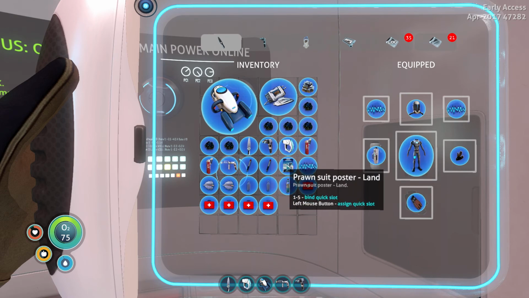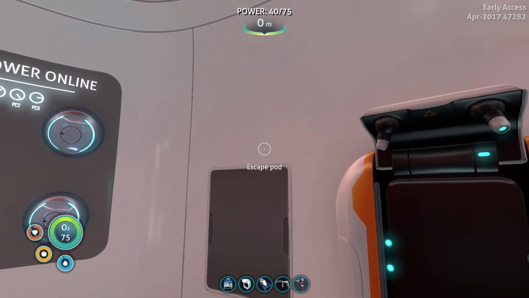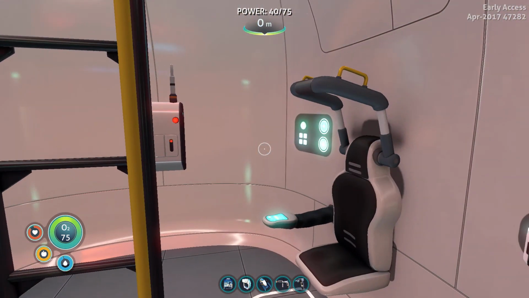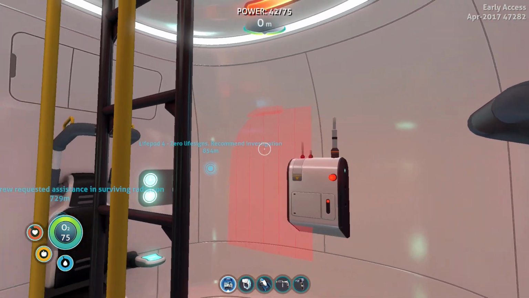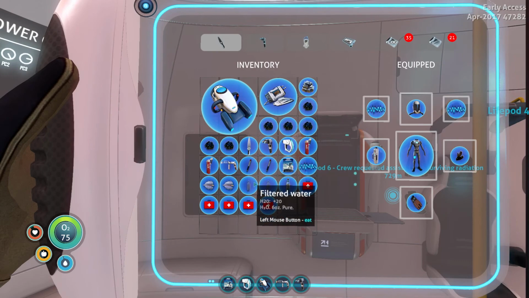Now, the prawn suit poster. What can I do with that? Let's quick slot assign it. We could stick it on the wall. Is that all that's for? What? Okay, well, that's kind of a wasted inventory slot, but all right. So